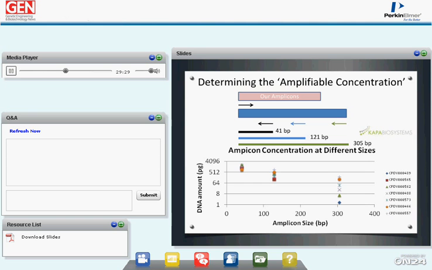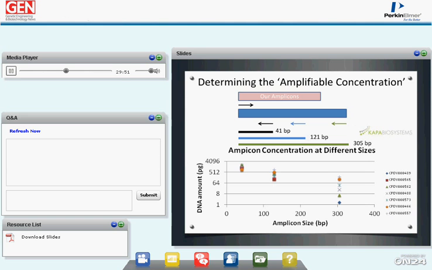And you can see to the left at the 41 base pair size, all of the samples show essentially the same quantification. So they're all showing somewhere around that 1 nanogram per microliter. On the y-axis is our concentration in log scale, in picograms, and then on the x-axis is our amplicon sizes. So if we move to the right, you can see at 121 base pair size,